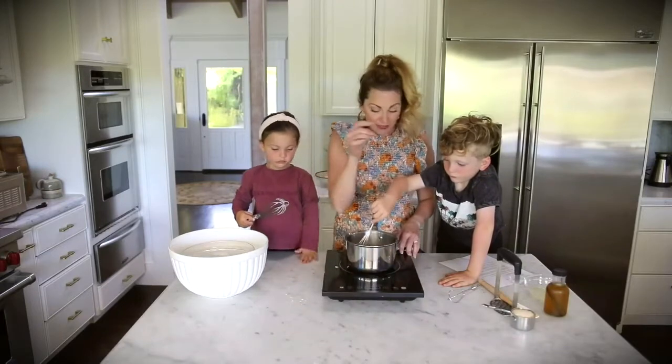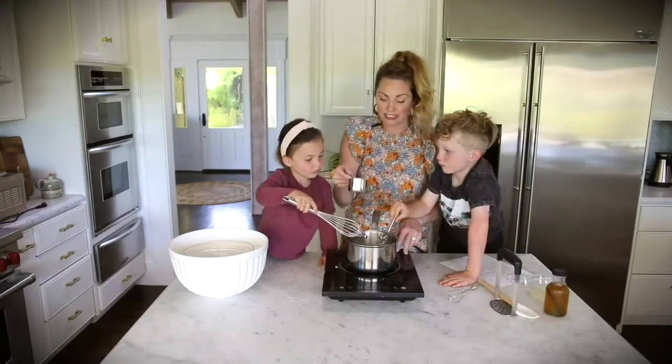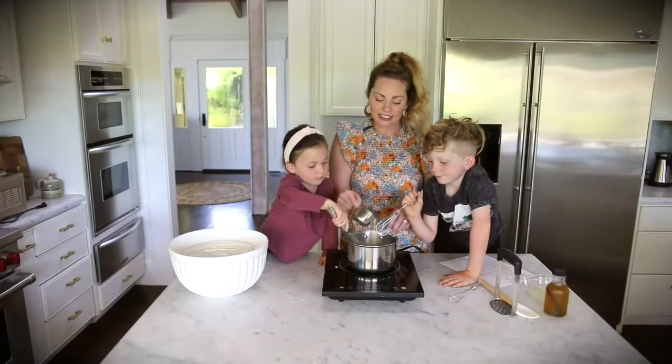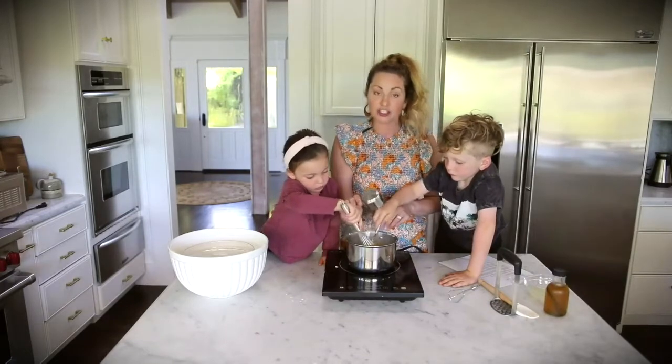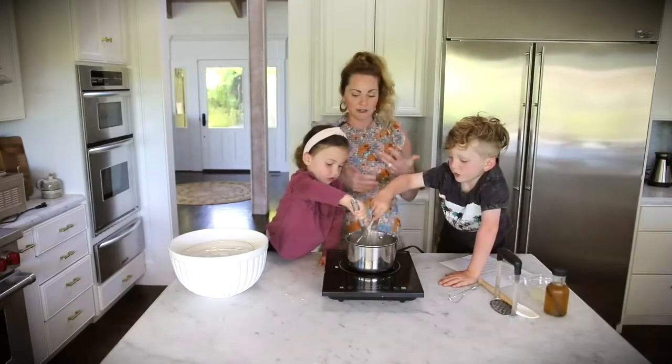All right. And then I am actually going to need your help, you guys, with smashing up our strawberries. Okay, I'm using maple sugar here. I do find that the granulated sugar helps keep your ice cream creamier as well. It has to do with the crystallization, and as things are freezing, it just...